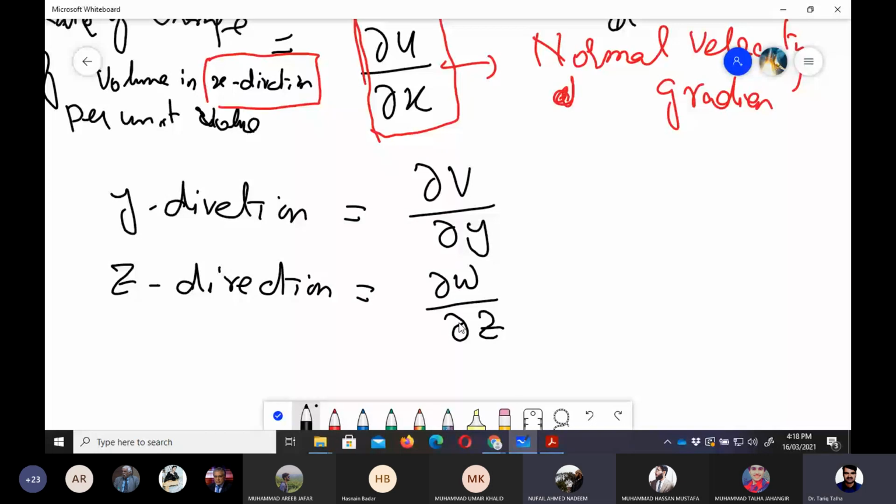सर, ये भी सर y और z डायरेक्शन में भी इनको नॉर्मल वेलोसिटी ग्रेडियंट कहेंगे? बिल्कुल, ये नॉर्मल वेलोसिटी ग्रेडियंट है क्योंकि v जो वेलोसिटी है वो y डायरेक्शन में होती है, तो वो उसी डायरेक्शन में उसमें चेंज आ रहा है जिस डायरेक्शन के लिए वो वेलोसिटी है। ठीक है, तो ये भी नॉर्मल ग्रेडियंट ही है।